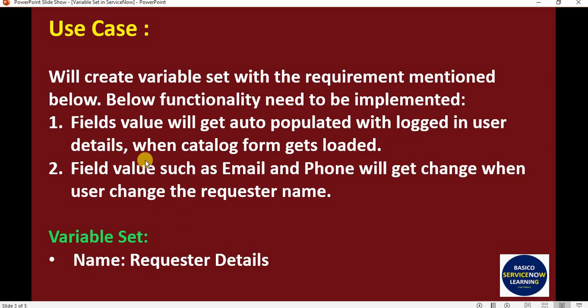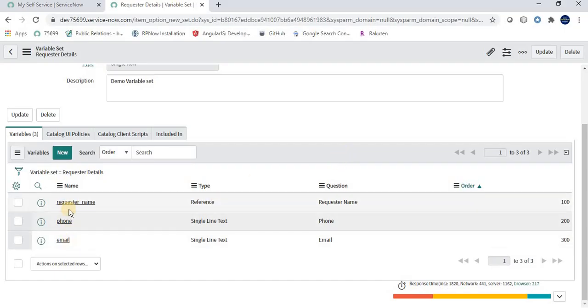script is. Okay. So the first thing we need to implement is that the field values will get auto populated with the logged in user detail when the catalog form gets loaded. So as per the requirement, when the catalog form is loaded in front of a user, then all the three variables or values will get populated automatically on